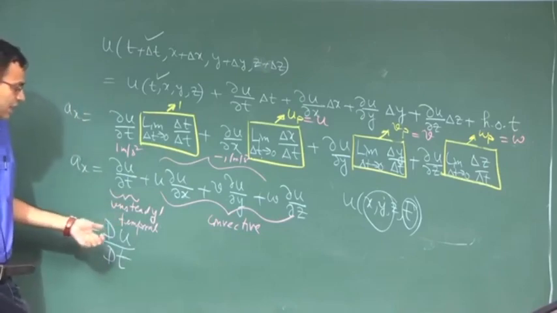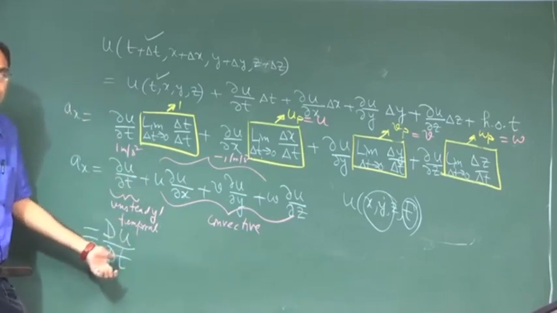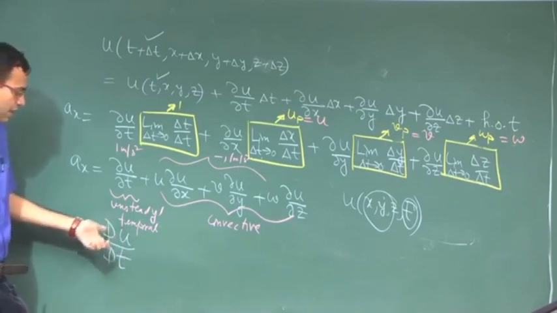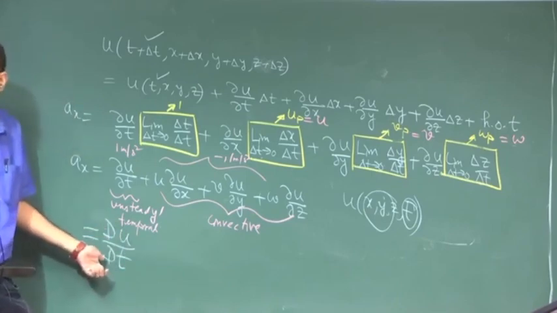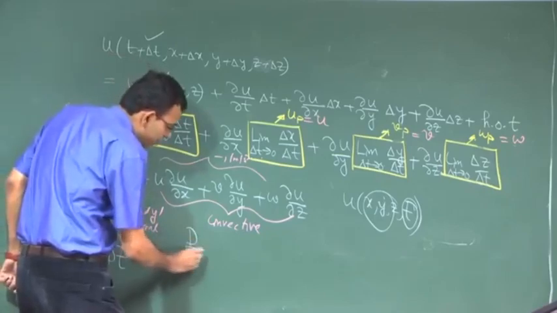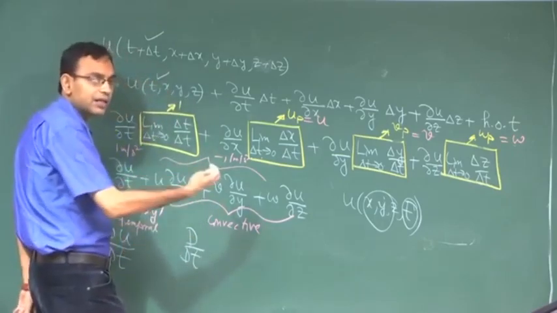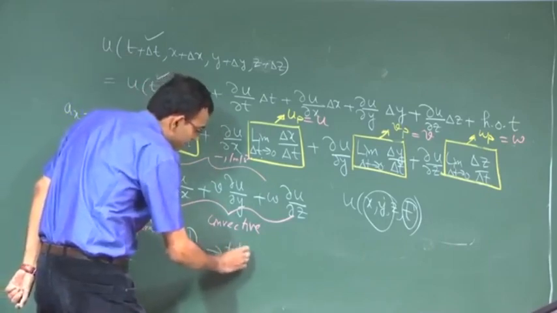To emphasize on that, this is not called d dt, which is given for the Lagrangian frame, but it is given a notation of capital D dt, which is the total derivative. So, it contains both spatial and temporal effect in an Eulerian description. This is called the total derivative.